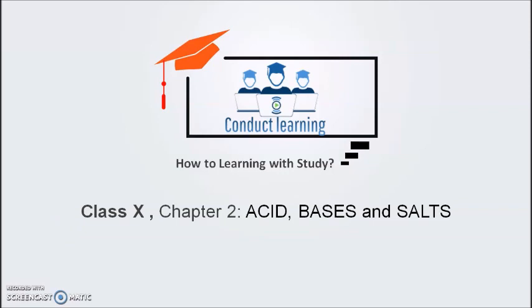So we are at the chapter Acids, Bases and Salts, the second chapter for class 10 science. Previously we have done all about acids, bases and salts. We understood what an acid is, the various types of acids, weak acids, strong acids, the properties of acids, how acids react with metals, carbonates, hydrocarbons, bases, etc. What are the uses of acids?